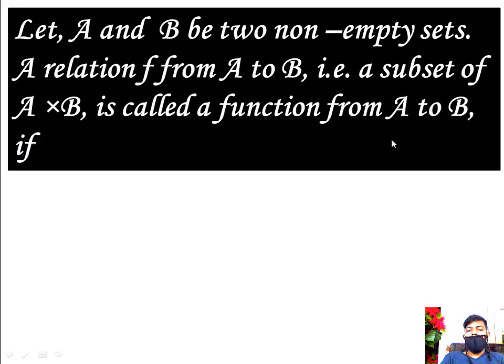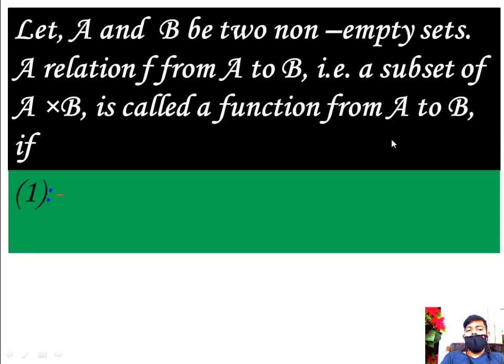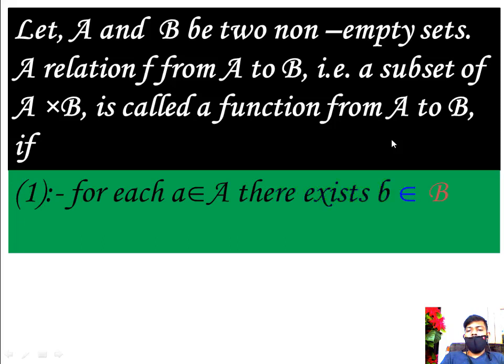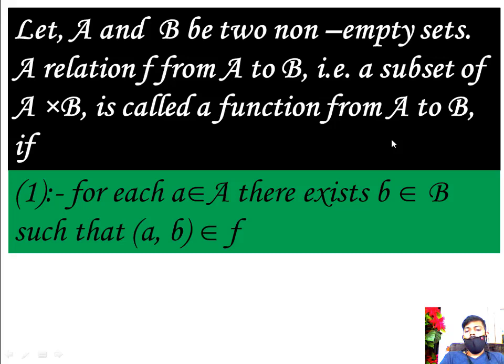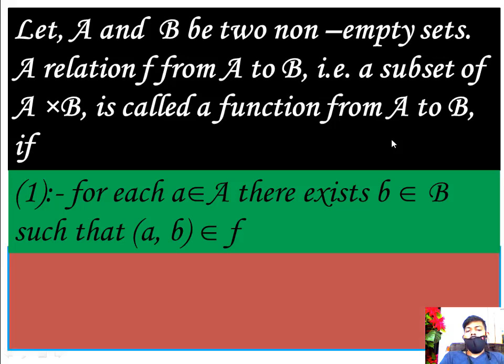The first condition, for each a belongs to A, there exists b belongs to B such that (a, b) belongs to f. That means every element of A has an element in B such that f of a equal to b. And the second condition,